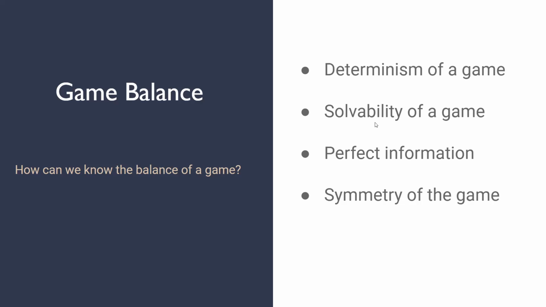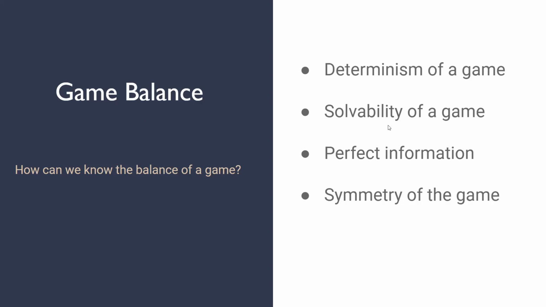Then comes the solvability part of a game. Solvability, as I mentioned in the game state before, like in the state machine of game design, where there are multiple ways to play the game. As long as you can reach the end goal of the game, it is a solvable game. A good example of a solvable game is, of course, chess. Actually, chess is such a well balanced game that it almost satisfies all four elements of the vocabulary that we're talking about.